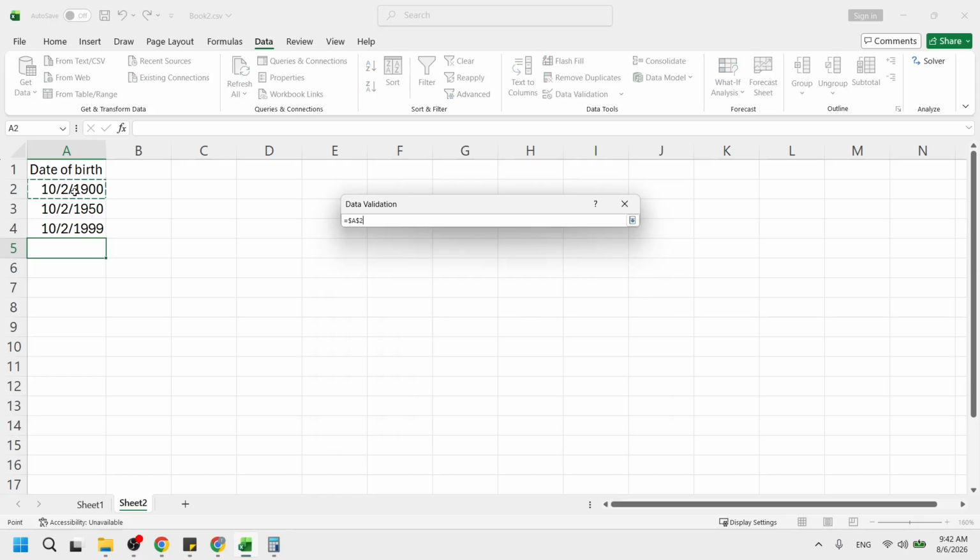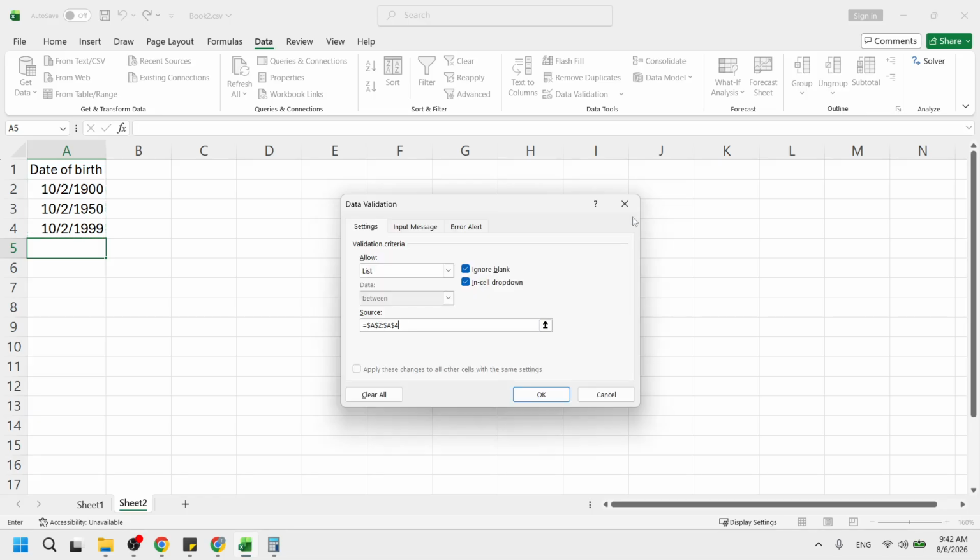With the Source box active, use your mouse to select the cells that contain the options you typed earlier. You will see the cell range appear in the source box. Ensure In-Cell dropdown is checked, so Excel actually shows a little arrow in each cell. If that box is not checked, the rule exists but no arrow appears. Finally, click OK to generate your new dropdown arrows.